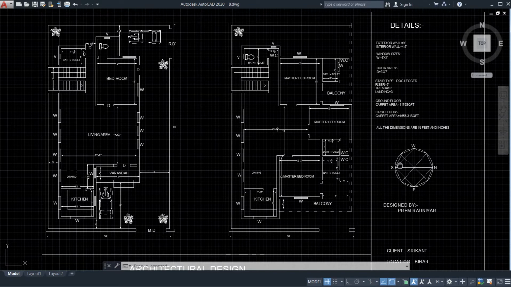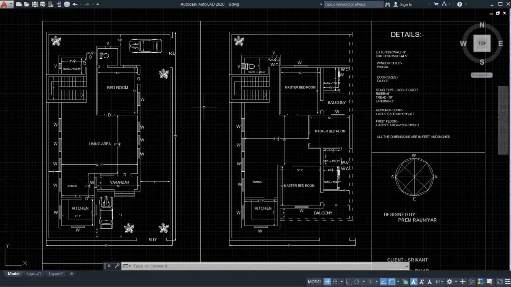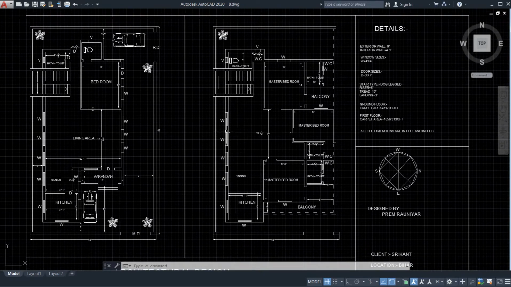In my previous videos also I have taught you how to select the object in a very easy way, because some of the students are getting much more confusion. They do not know how to select the object in AutoCAD. So now I am going to teach you how to select any kind of object, because if you are going to delete, move, or copy any kind of object in AutoCAD, you need to know how to select that object. So let's start this tutorial.